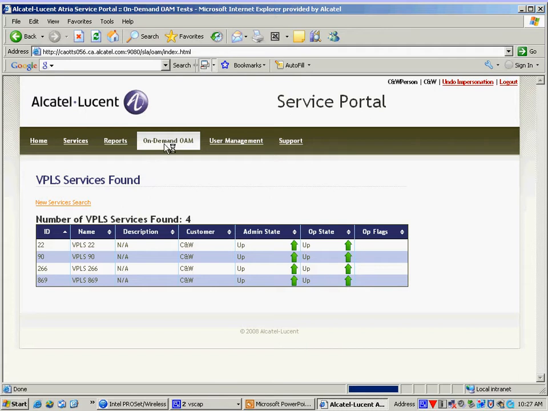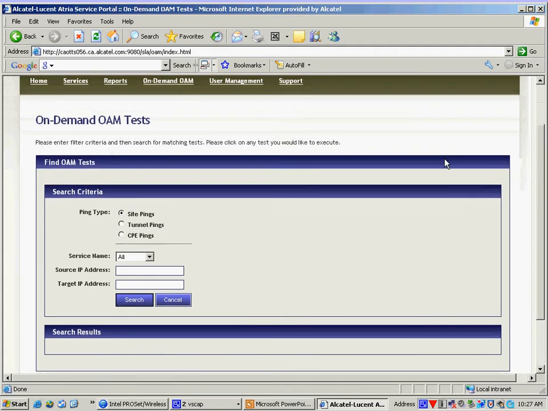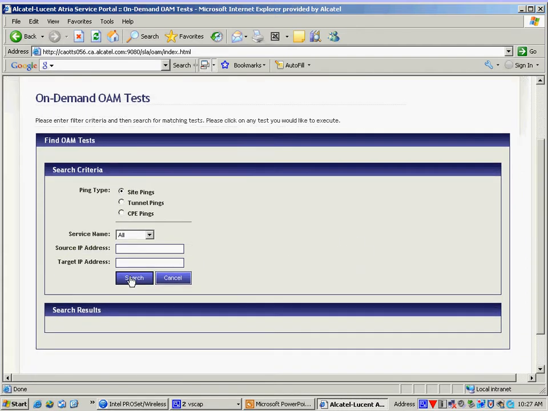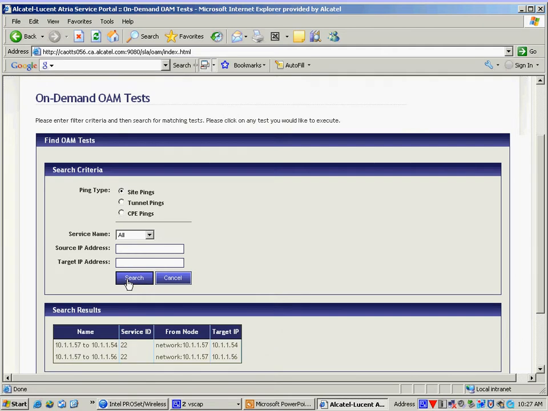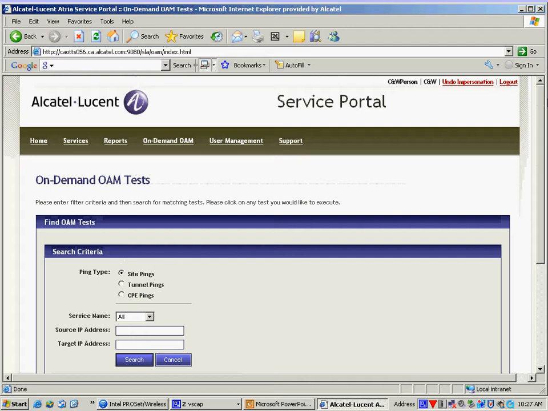So whatever on-demand test you want to run in 5620 SAM, you can do this to the portal. And you can make them available to the portal. So basically you can say do a whole bunch of site ping, and you can select which site ping that you want. Now the service provider has more advanced OAM on demand. So let's unimpersonate. I'm going to go to on demand test,